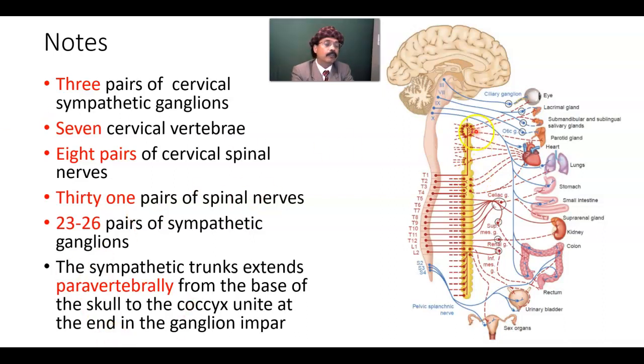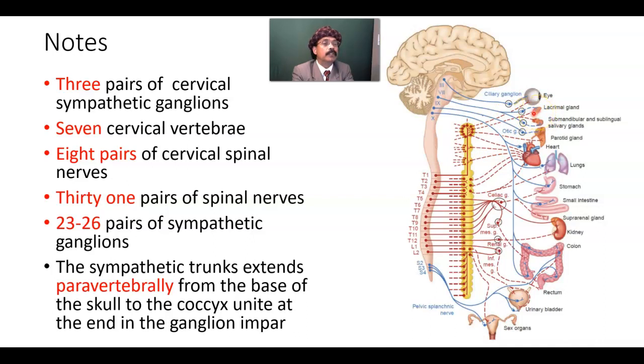So we are looking at the superior, middle, and inferior cervical sympathetic ganglia. In this location, there are no white rami communicantes because the preganglionic fibers come from the upper thoracic segments of the spinal cord. The postganglionic fibers go to the eye, inside the iris, to the dilator pupillae, which dilates the pupil. They go to the tarsal gland in the eyelid. It also goes to the